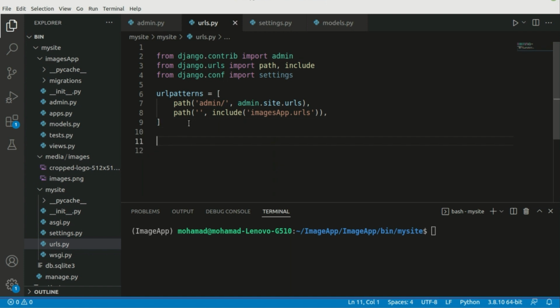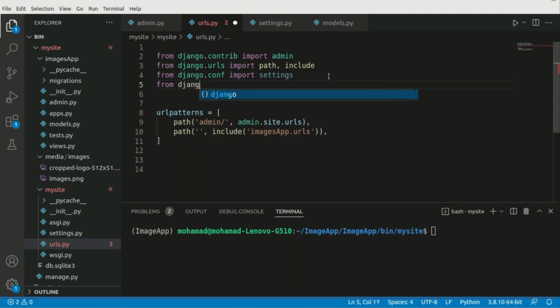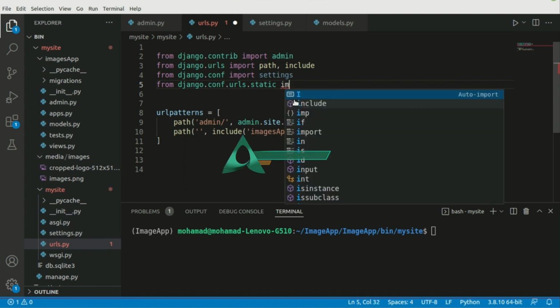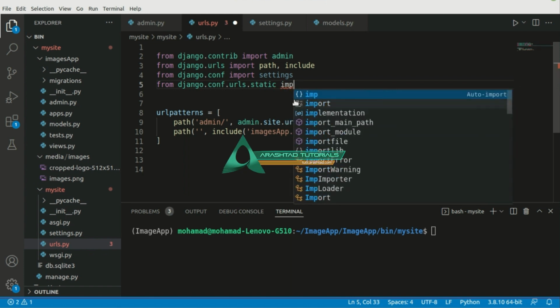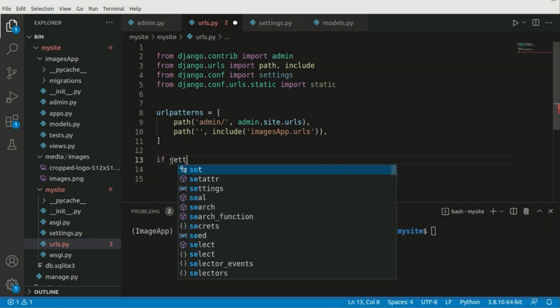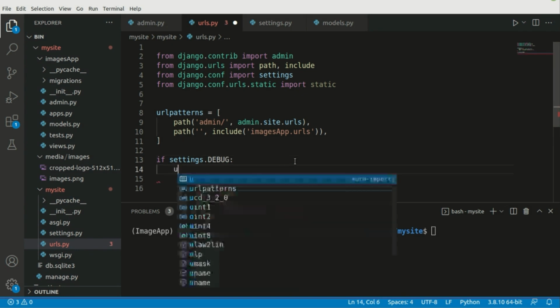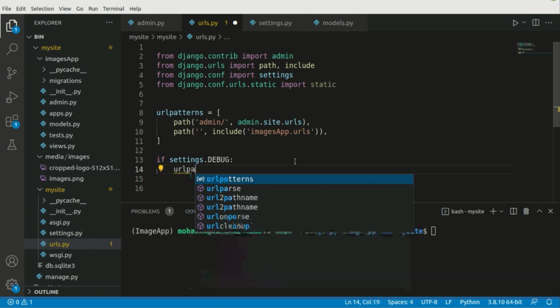Also, we're going to add the static files, so we need to first import it. So from django.conf.urls.static import static. Okay, so now we're going to write if settings.DEBUG, actually with capital letters, DEBUG. And so we're going to write urlpatterns